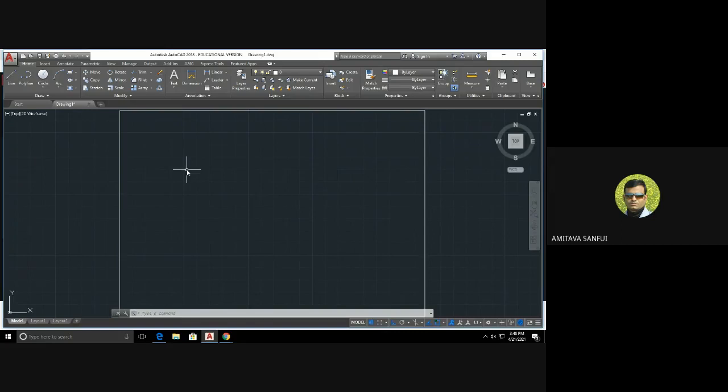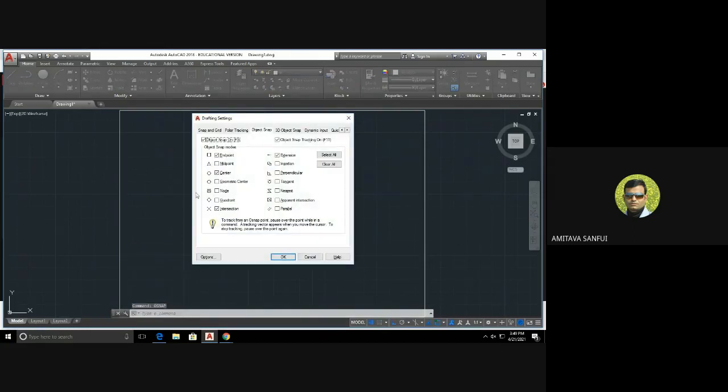Another command you have to turn on is OSNAP, or F3. See, a window has been opened. Endpoint, midpoint, center, quadrant, intersection. Quadrant is for a circle. You may switch on whatever is required.